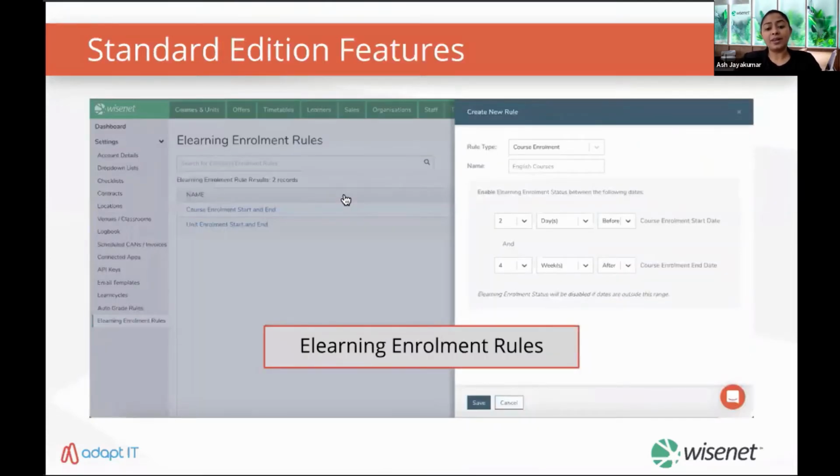You can set up, as I mentioned before, enrollment rules to automate the enabling and disabling of e-learning enrollments and user access. It's very easy. The rules are configured based on your course enrollment or unit enrollment start and end date. So in Moodle, if you have created your unit of competencies as courses, then your enrollment rule is going to be based on unit enrollment dates. And if you've created your qualifications as courses in Moodle, then you'll be creating your rules using the course enrollment